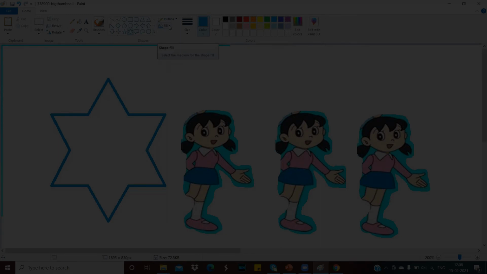The next option is fill. Let's check what are the options in fill. Now let's do the crayon outline and fill the color with a solid color. Here color 1 is the foreground color, and color 2 is the background color, which is used for filling. So we have to change that color. I'm selecting yellow color here.